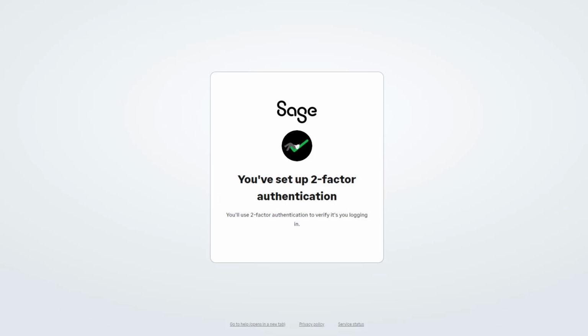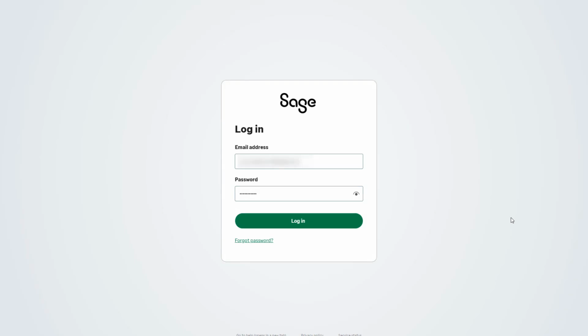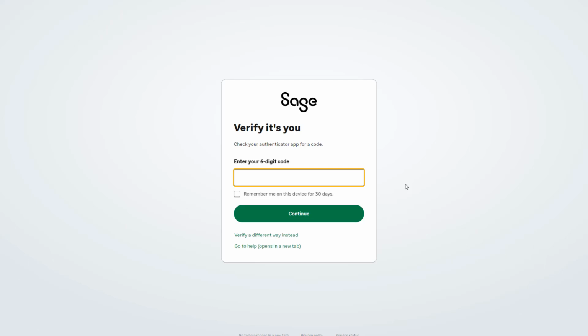Once you've set up 2FA, log into your Sage account with your verification code. We'll show you this now. For the purpose of this demonstration, we will log into the Sage account using the Microsoft Authenticator. You'll receive an automatic prompt asking for your 6-digit code. If you require a different verification method, click here. Your options are listed,